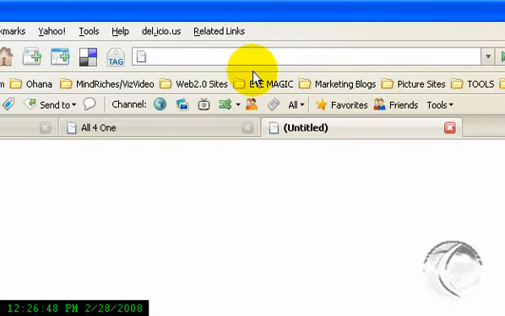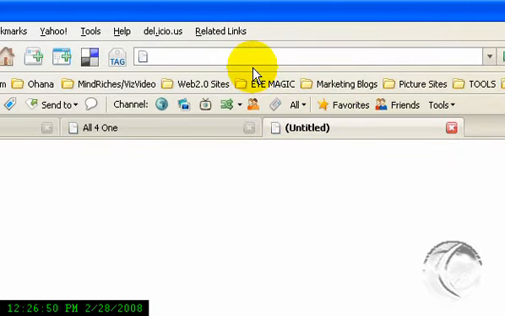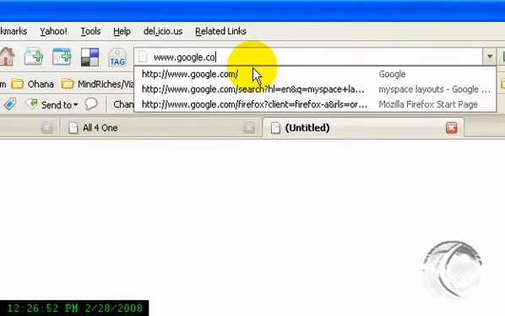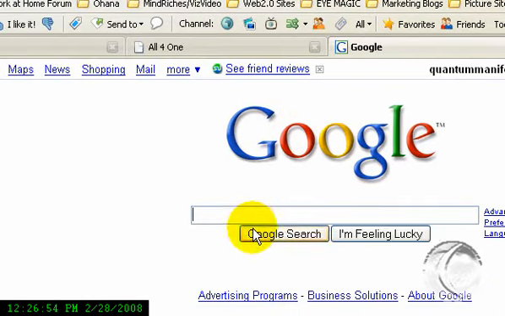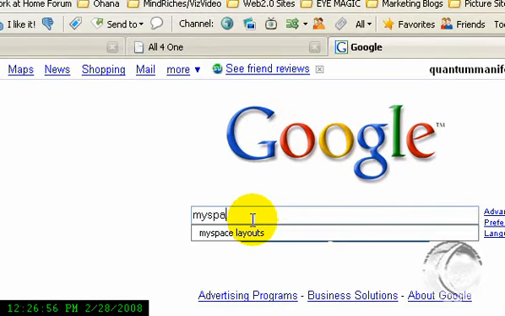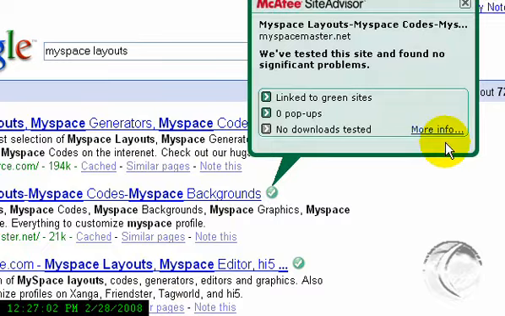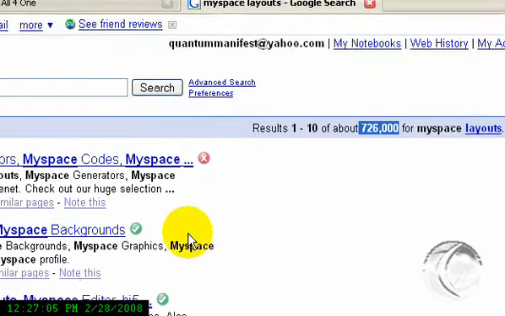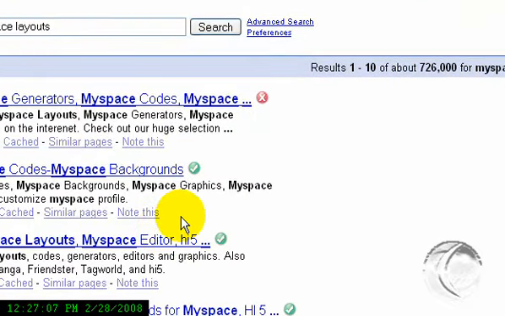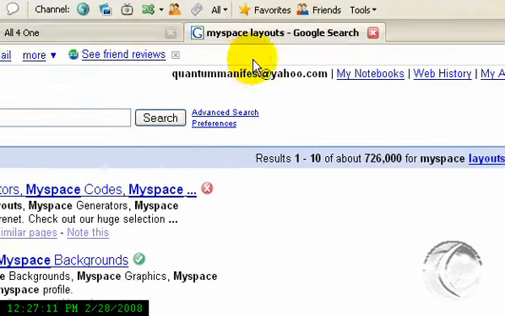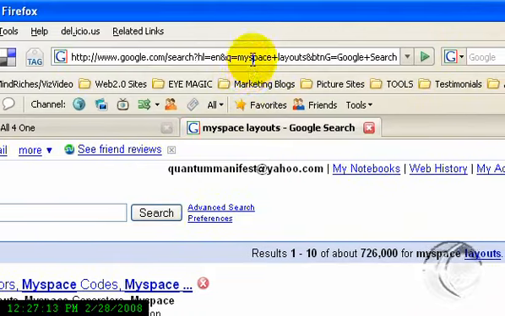You can always go to Google and simply type in Myspace layouts, and you'll get 726,000 search results. I think that's probably not the way to go. I mean, for me personally, I've done that plenty of times in the past, but we found a site that goes by the name of